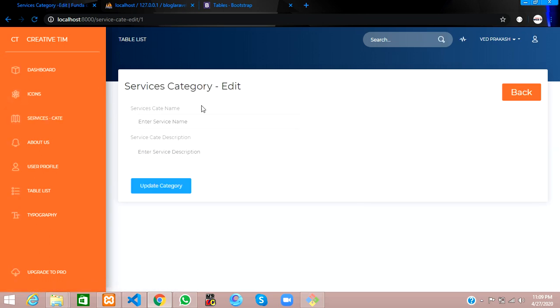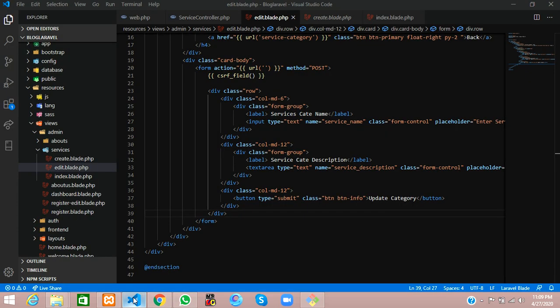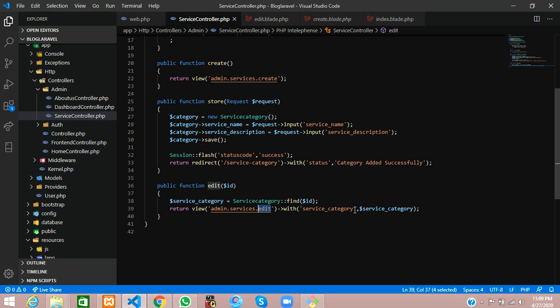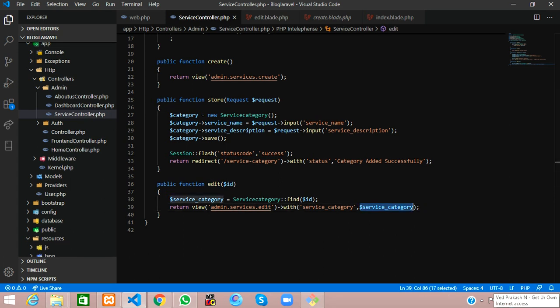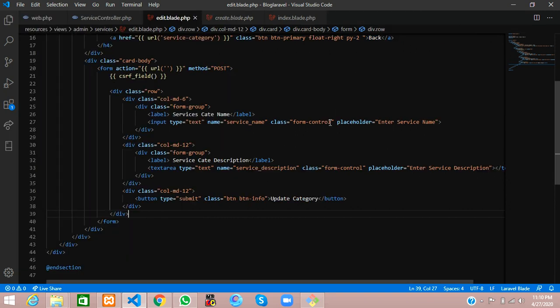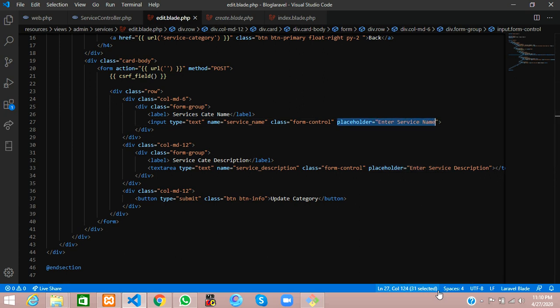Service category edit. Now what we want is to fetch the ID number 1 data. We have already taken the variable from our controller. This is the variable where we are passing it, and we are getting this variable from this table. So copy that variable and paste it in your values. Let me minimize this, and instead of placeholder you can write value and paste it.